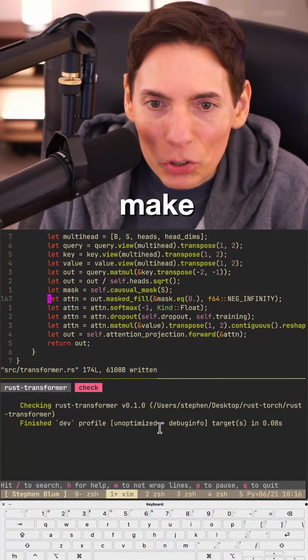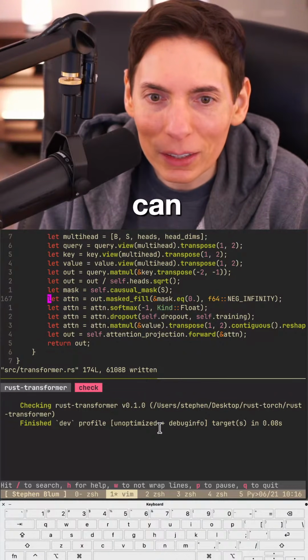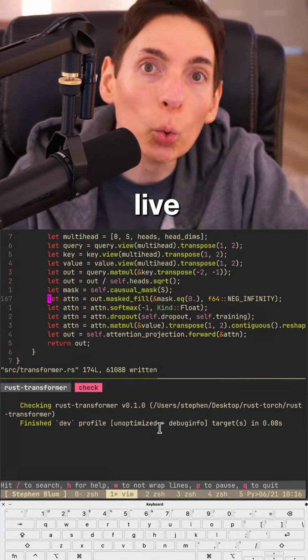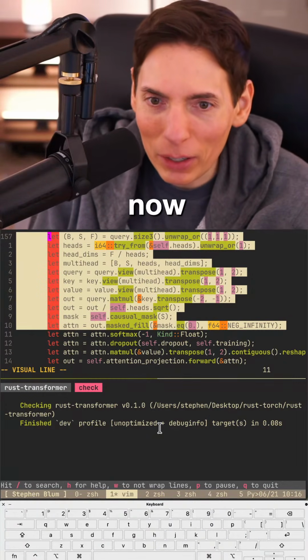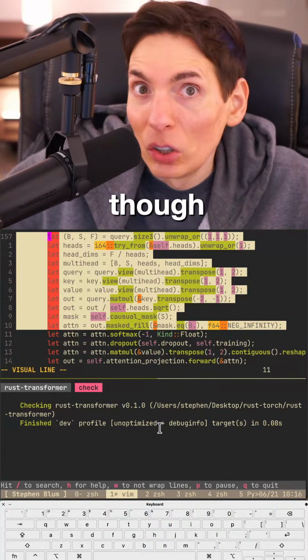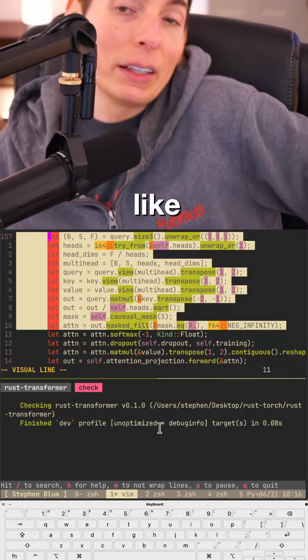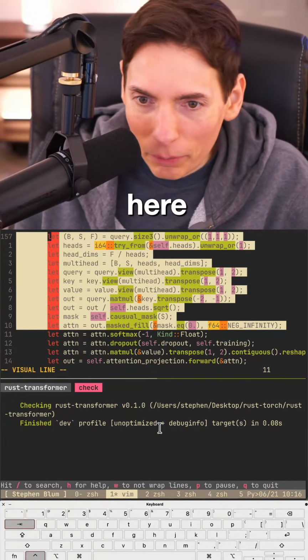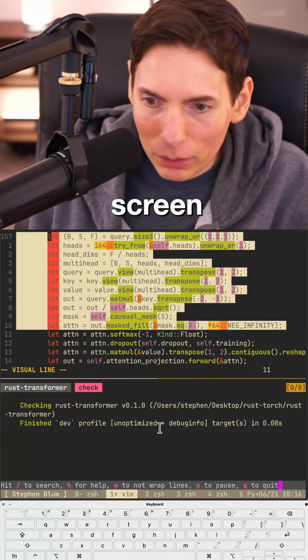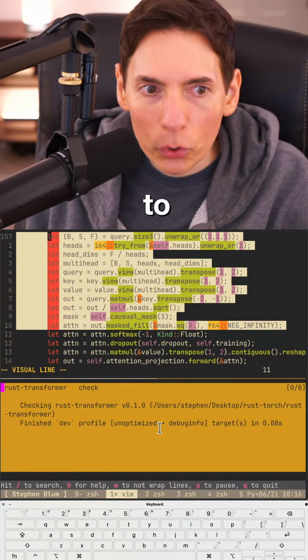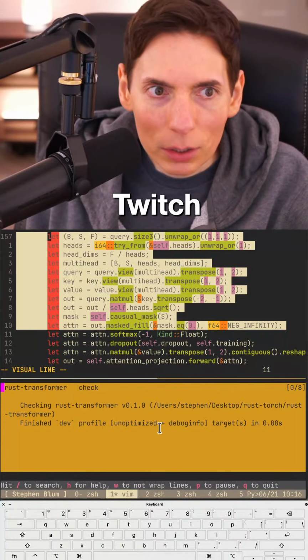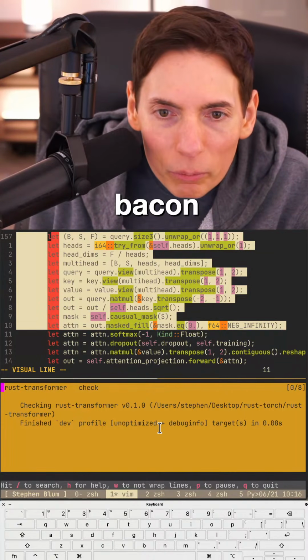Appreciate it. You should make a Vim add-on or something so we can see the code live. Well, I mean, technically you are, right? You're seeing the code live right now. We could, though. We could do something like bacon. You know bacon down here? This down here at the bottom of the screen? This is bacon. Thank you to Foodude on Twitch for setting us up with bacon.